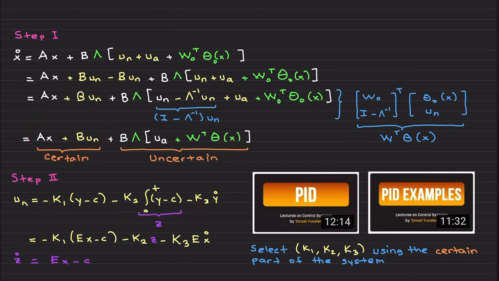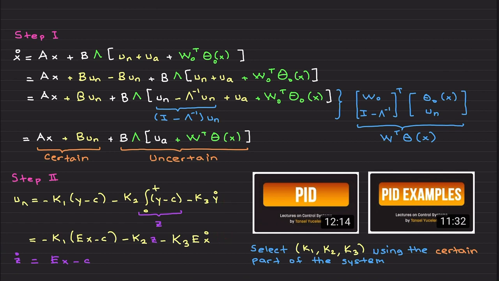All right. And in addition to x dot, we also have z dot. We no longer have one ordinary differential equation or one system. x dot is coupled with z dot. Why? Because in coding or in analyzing, it is easier to deal with derivatives. So we have an integral. I am going to call this integral z. In other words, z equals the integral of y minus c. Then to get rid of the integral, I am differentiating z with respect to time. So we have z dot that equals y minus c, or Cx minus c,